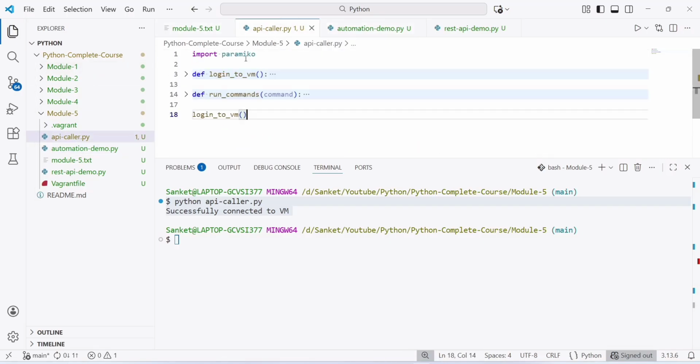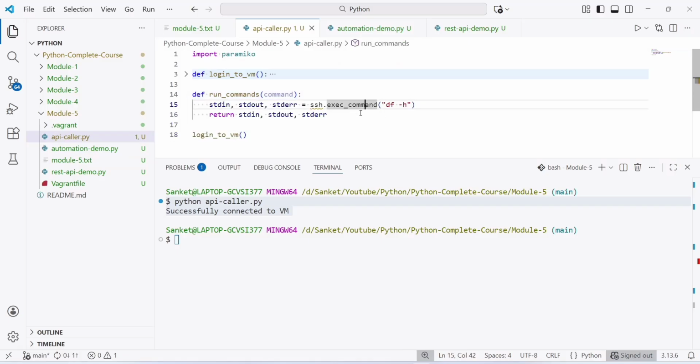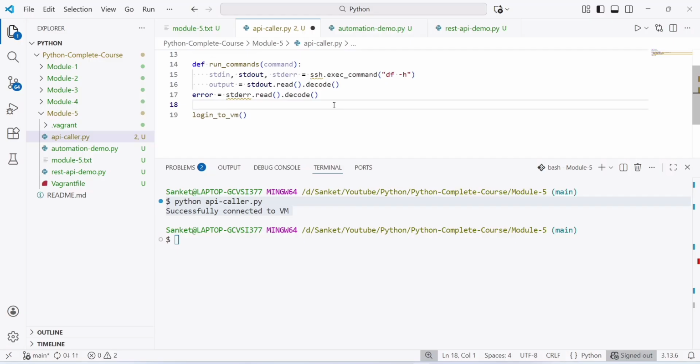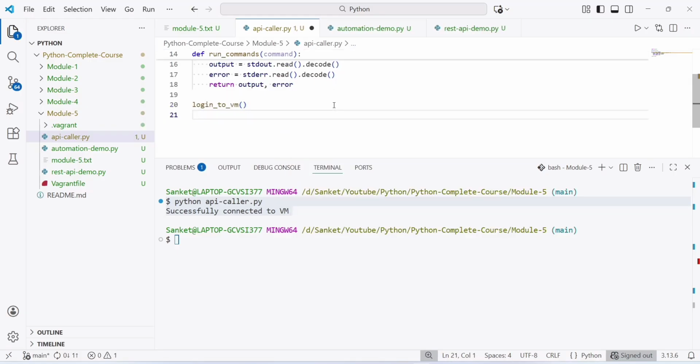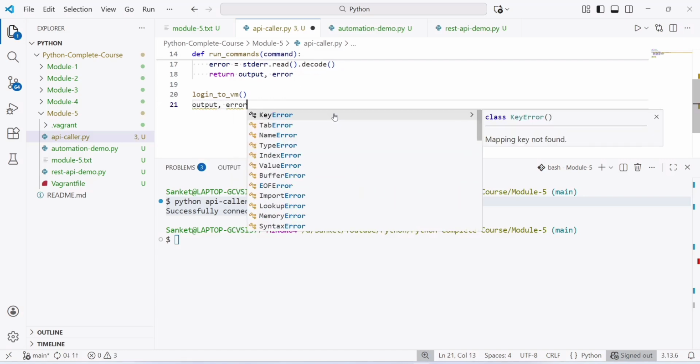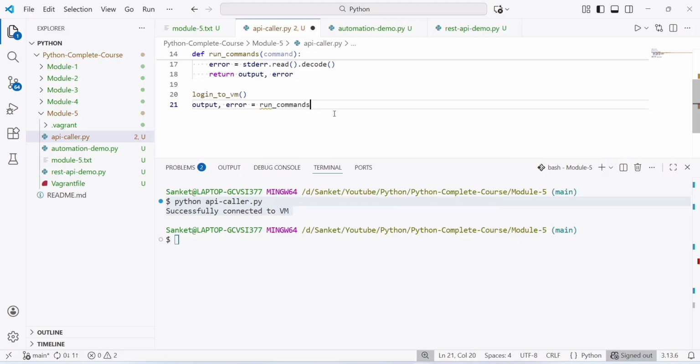So here we have created two variables as well. First thing first, let's decode the variables and return those variables. Let's return the output and error. And here I'll write output, error equals run commands, and here I'll pass the command. So I'll take command from, so command here is,